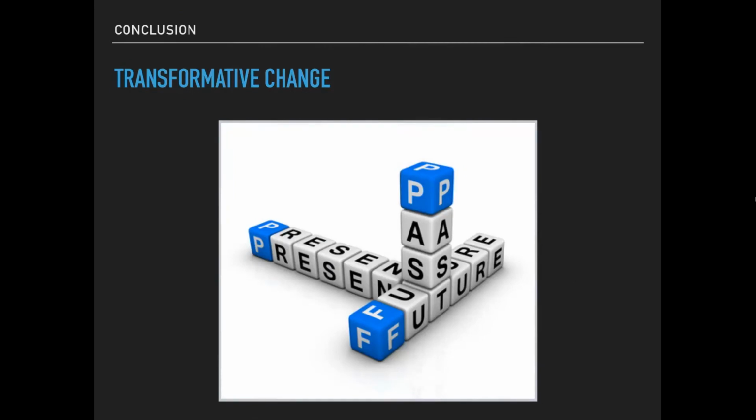So here we are at this crossroads of the past and the future that we call the present. This is an exciting time for retinal imaging. OCT-A is resulting in a transformative change. The technology is blossoming, and only with understanding and focused practice will you be able to successfully integrate it to